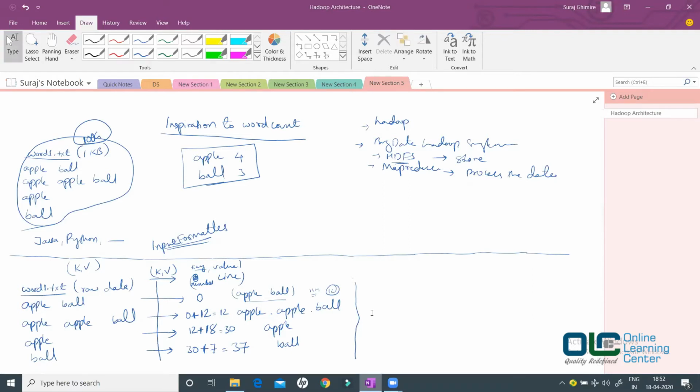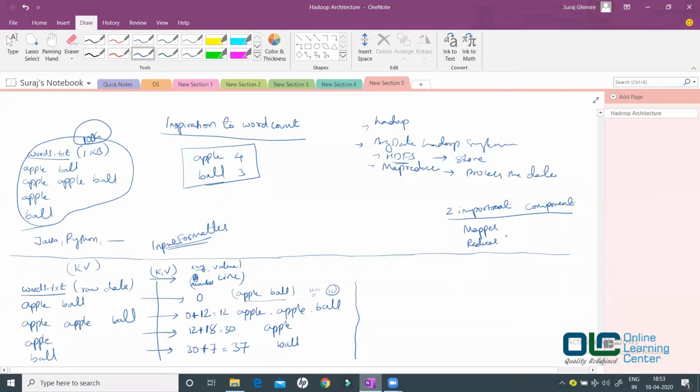See, the two very important components in your MapReduce code are mapper and reducer. Mapper does its job, reducer does its own job.